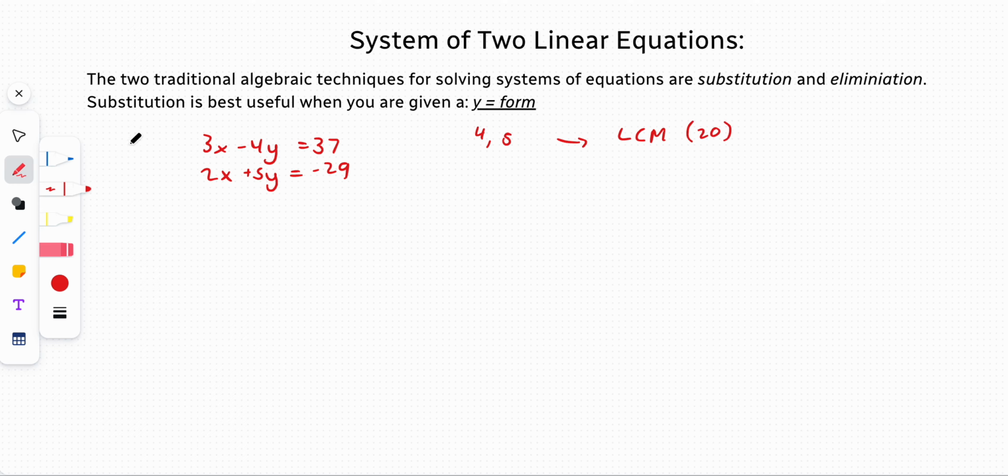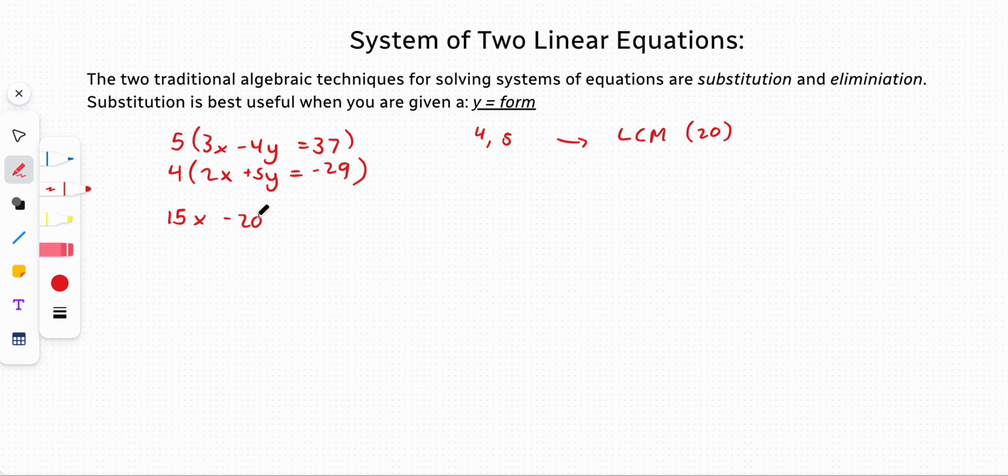Okay, so we have to basically figure out what we multiply each equation by to make it a negative 20 and a positive 20. So for the first equation, we just need to multiply by 5 to make it negative 20. And for this one, we just need to multiply by 4 to make it the positive 20, right? So from here, we just need to start